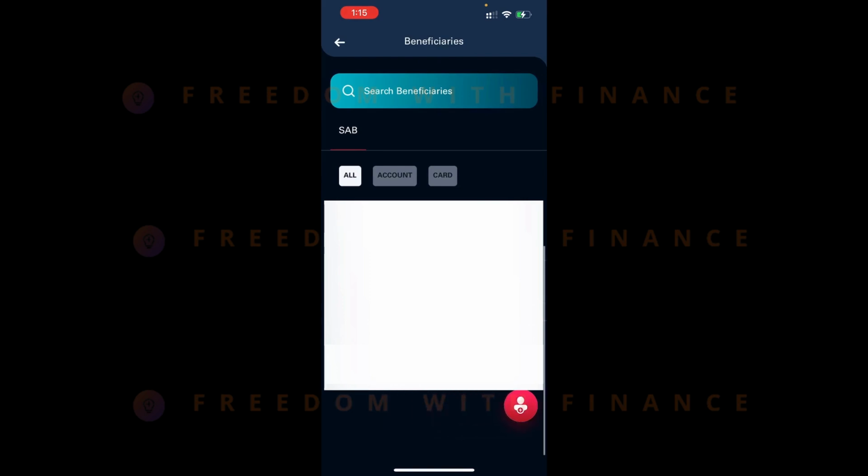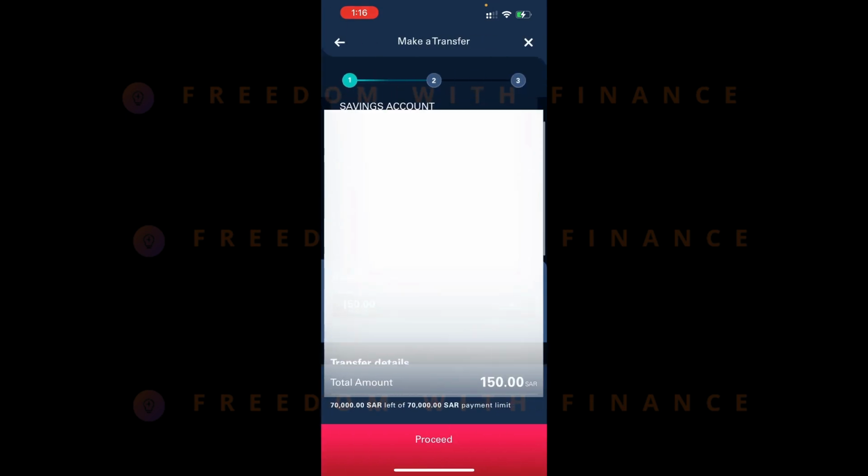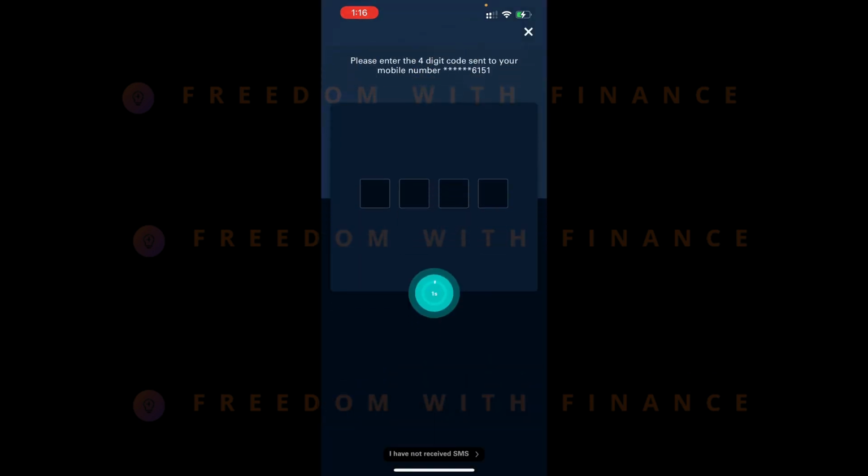Here you will see awwalinvest. That's the default name it comes with, and this is the account number. This is where you will also see the account number, which I got when I logged into SABInvest from the website. I click here, I add 150 riyals just for demo purposes. I specify that this is for investment. I proceed, get the OTP,